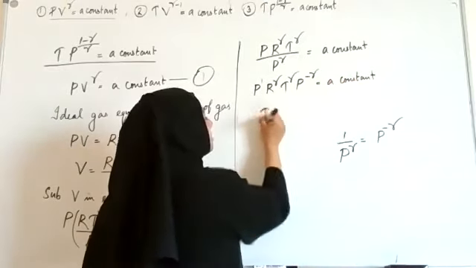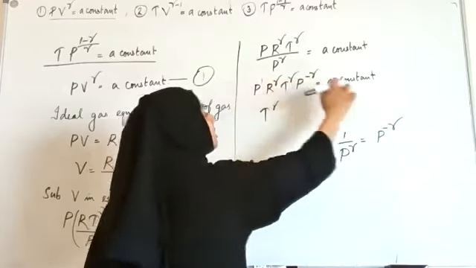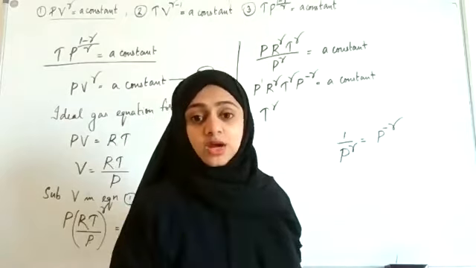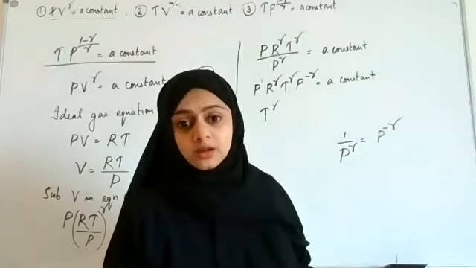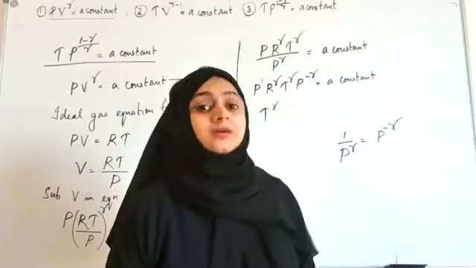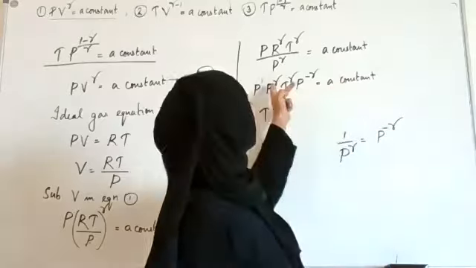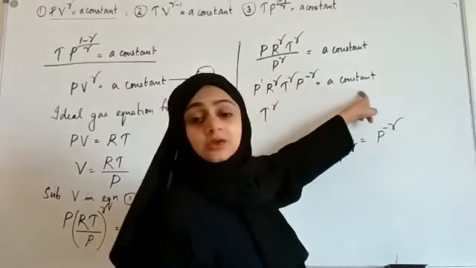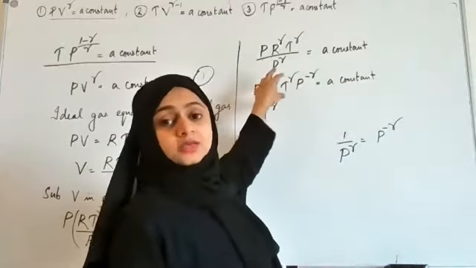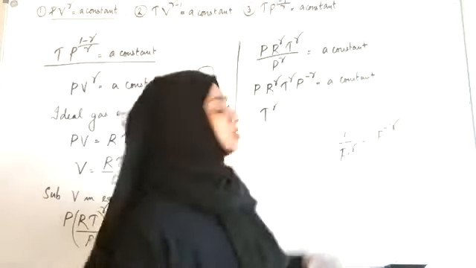which gives T raised to gamma. I'm going to take R raised to gamma to the other side, a constant divided by R raised to gamma. R is a constant, gamma is a constant, so R raised to gamma definitely will be a constant value. So a constant divided by another constant R raised to gamma will be a constant. So I can take R raised to gamma to the other side and just write what's there as a constant.